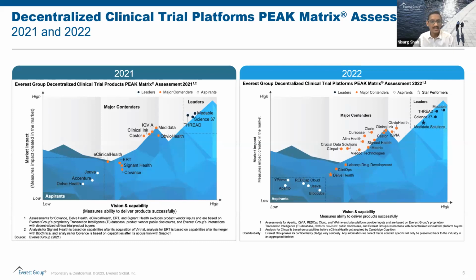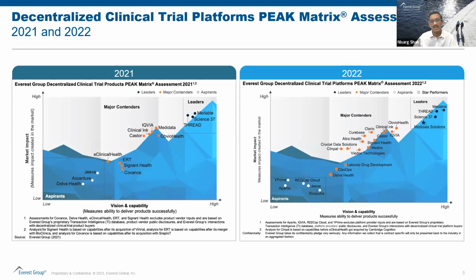Overall, there are a couple of interesting observations, right? We almost named the assessment virtual trials, PEAK Matrix assessment before focusing on the industry standard term of decentralized clinical trials. But you'll see that more and more this industry is getting very competitive. We intend to do a rerun of this assessment again, and it will have more providers than the ones you see on the 2022 assessment. But I think some of the common themes which really panned out are,